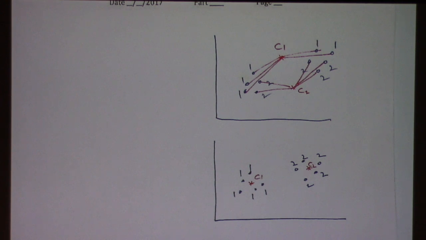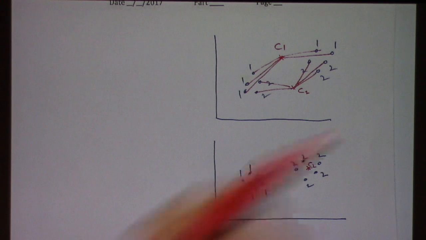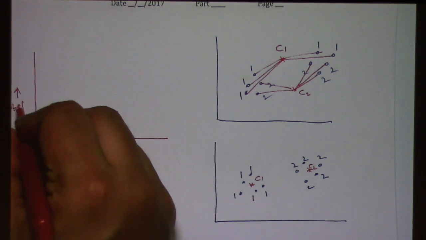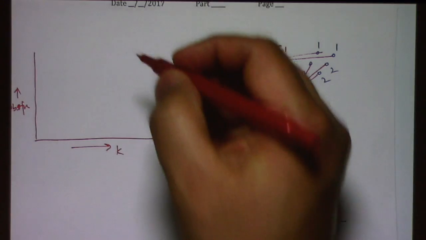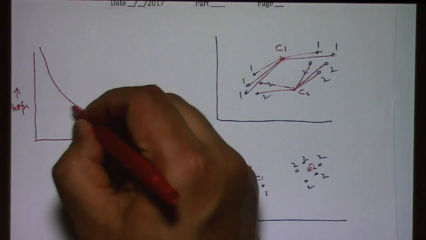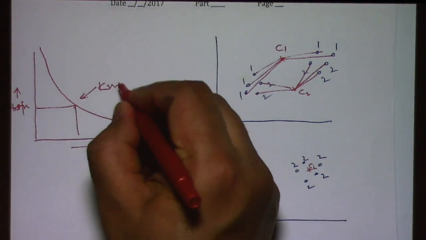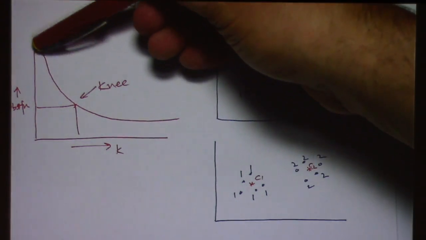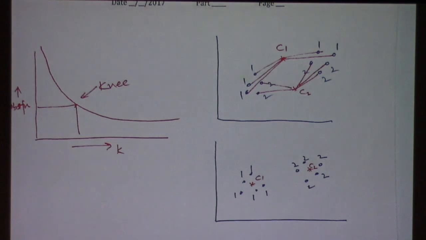So that way, given any data set, you try different k's. You run your clustering, you compute this objective function, and then draw this plot where this could be your objective function value, and this could be your k. It would typically go like this, and wherever you see a knee, we call this a knee. Wherever you see that after this point, the number of clusters is not really helping us, you'll say, okay, that is an optimal number of clusters. The reason the clustering quality will decrease like this is because